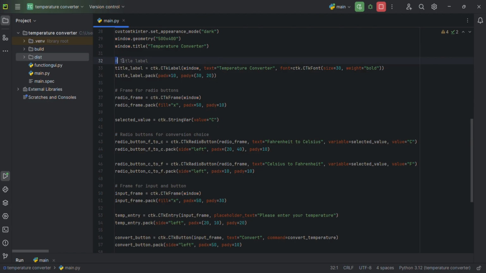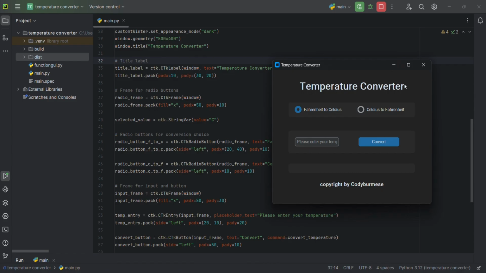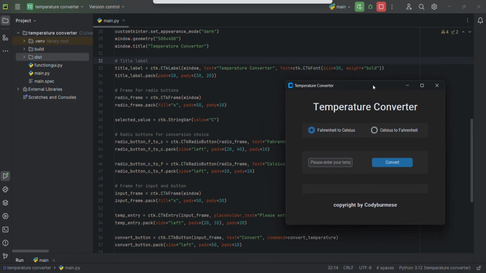Time to add widgets to our window. We'll start with a title label. After that, we create a CTK label, which is just a piece of text. We tell it to belong to the window. We set its text and, importantly, customize its font using CTK font to be big and bold. The next line means that the .pack method is a geometry manager which places the label into the window. Pad X adds padding on the left and right. Pad Y 30, 20 adds 30 pixels of padding above and 20 pixels below the label, giving it